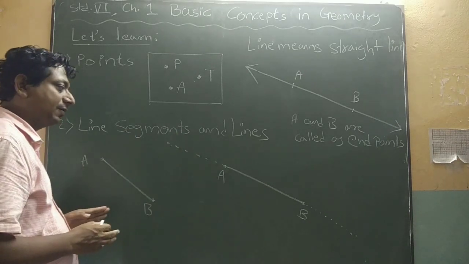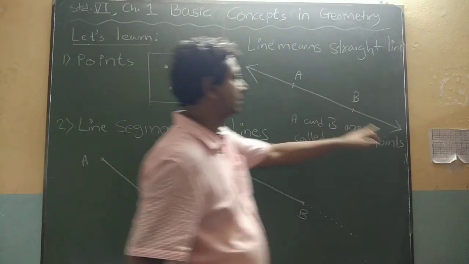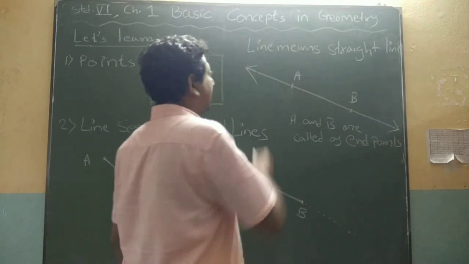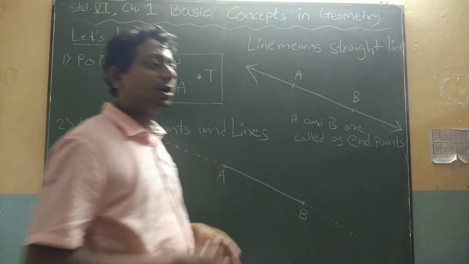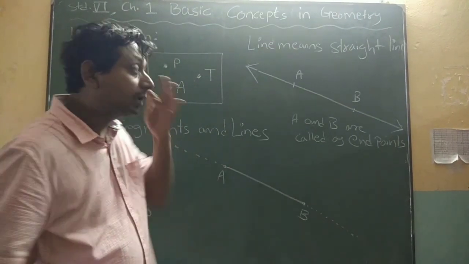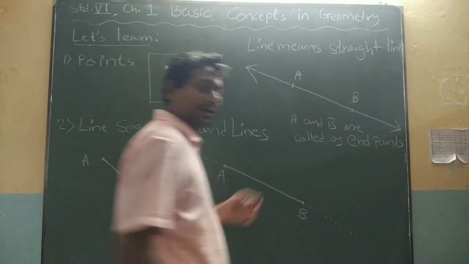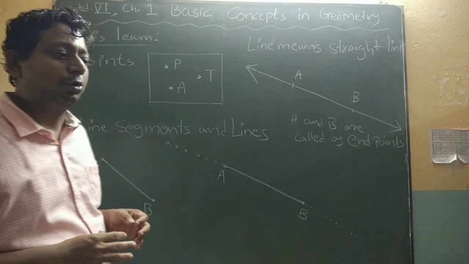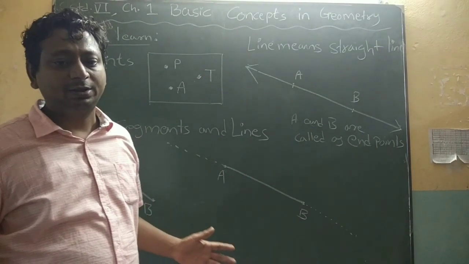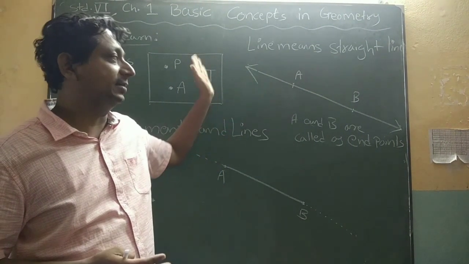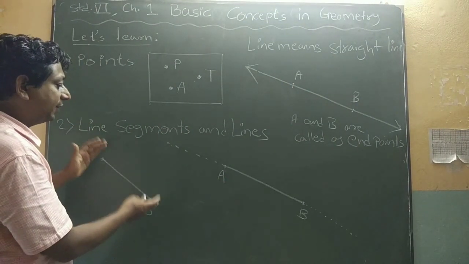Line segment. Why? Because there are no arrows. Can you see this line? In this line, there is one arrow this side and this side. That means it is not going to stop anywhere. It will go beyond this board, this side and this side. You can see in the whole galaxy also it might run. So a line doesn't have ends, but a segment is a part of a line.